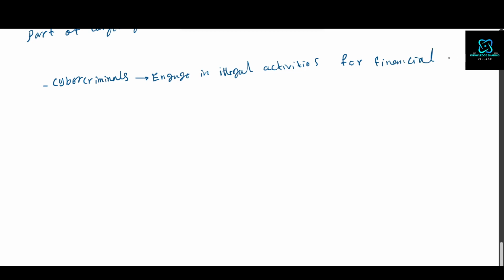Here there are subcategories of the types of attackers in this category. First of all, it can be cyber criminals. They engage in illegal activities. Why are they doing it? It is for financial gain, such as